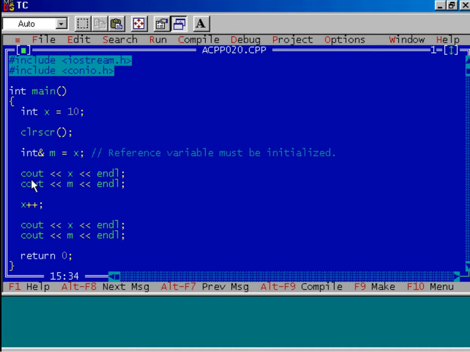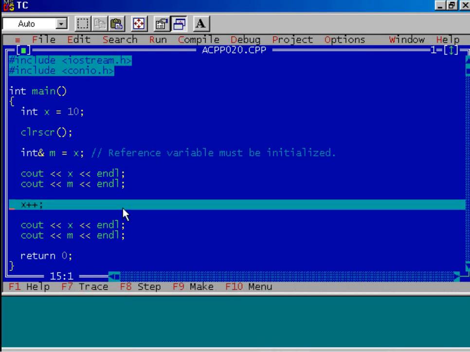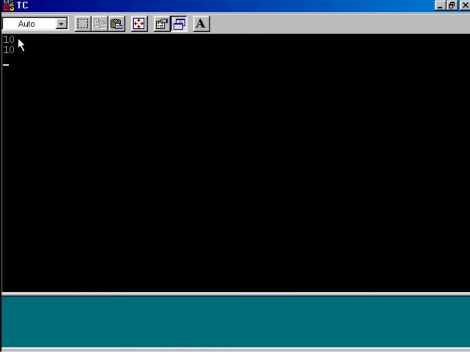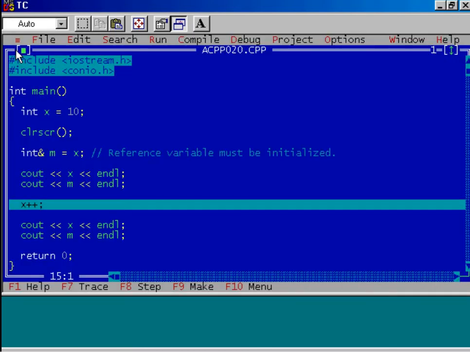Now after that, we are displaying the content of x as well as the content of m. Let us execute the program up to this step and see the output in the DOS prompt. Value of x is 10 and value of m, which is another name for the variable x, is 10. So this is just like a nickname. You have your first name, say Rakesh, and then a nickname, say Monty. So this is Rakesh and this is Monty. So you are creating another name for the existing variable name. Is it clear to you?